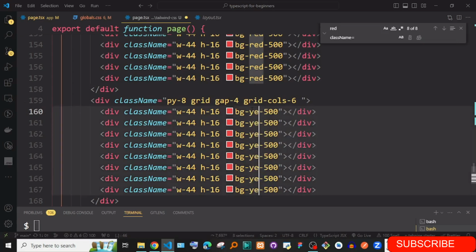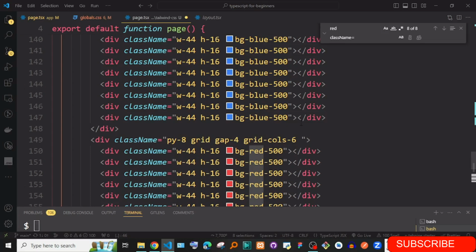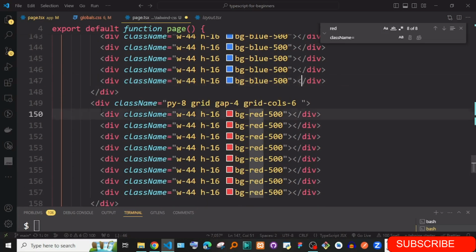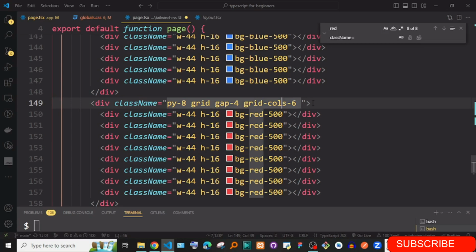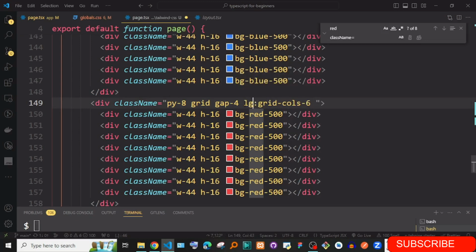Oh, let's make them yellow. Okay, just like that. So let's just go here. This one means that you have 6 columns, and this is going to be on all screens. Now you can just say, for instance, this one should be only on large screens, and take note that